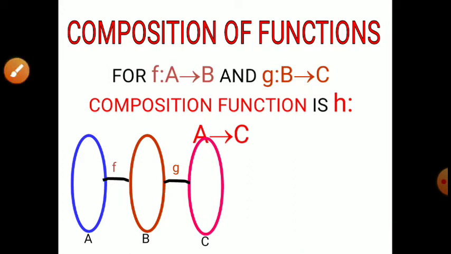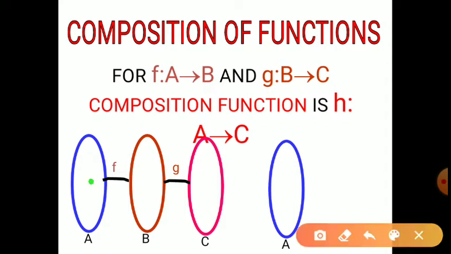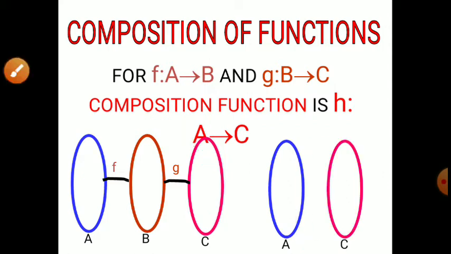Okay, so from f to A to C, the new function will be defined, and that is h from A to C. So f and g together are defined as a new function h from A to C. So that is the composition of f and g. It is denoted by